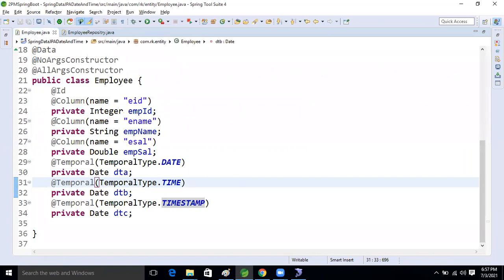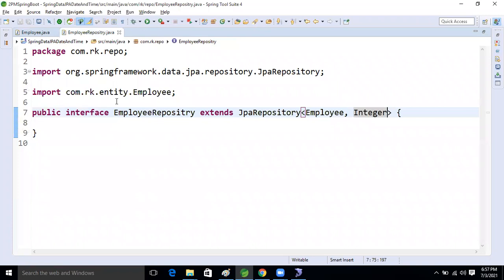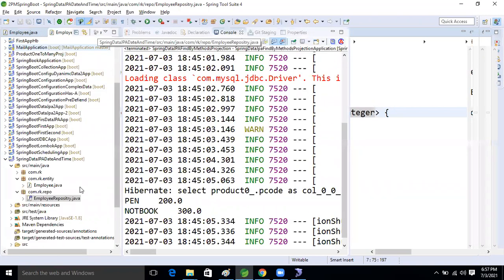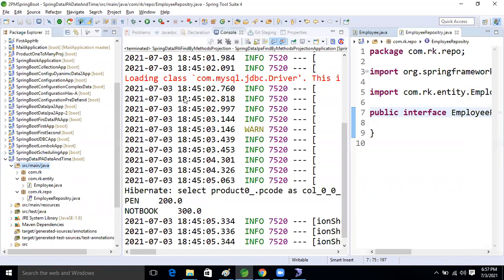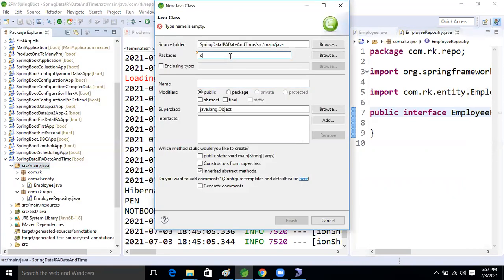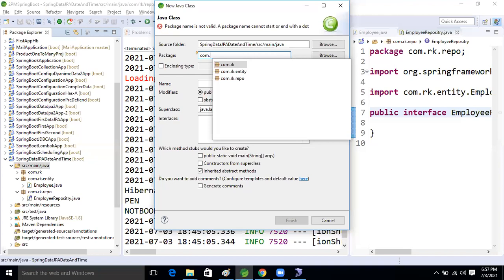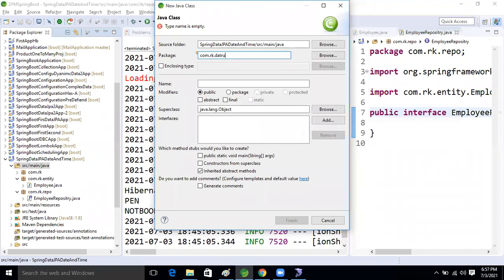Now see this, okay? Employee repository is there. So here what we will do now: right click, New, take one runner class, CLR, com.rk.datarun, Date and Time Run.